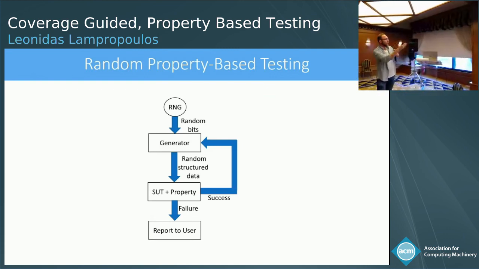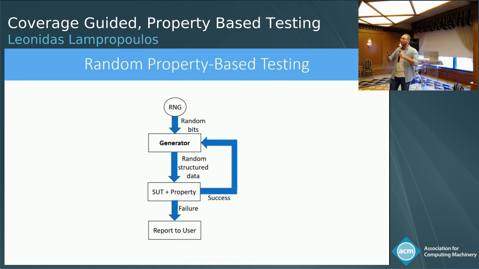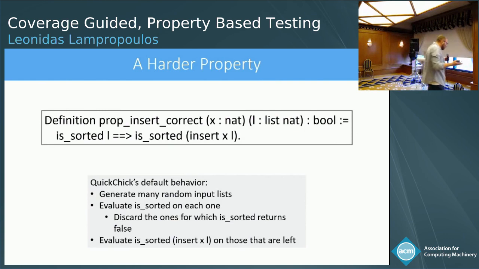The random property-based testing workflow is much simpler than the fuzzing one. You start with a generator that takes some sort of randomness and converts it to random structured data. Think random lists of natural numbers. And then we execute the system under test with the property. If at any point that fails, we report to the user. Otherwise, we keep going again and again, repeatedly sampling the generator and getting independent inputs. Okay? That works in a lot of